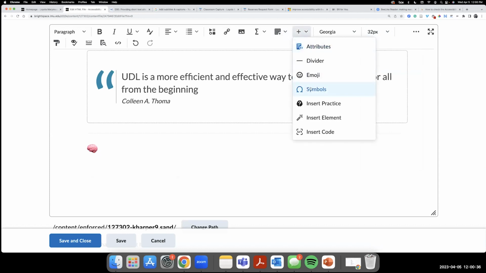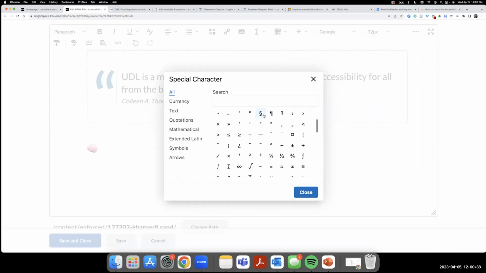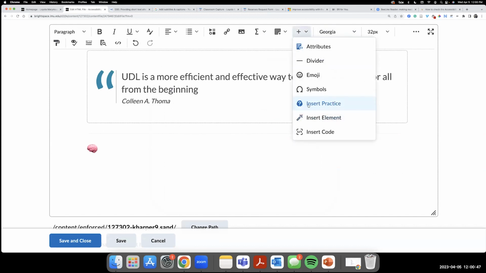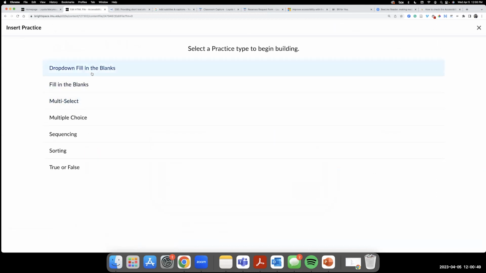Then to add in other things, symbols, again, if that's useful to you and the content that you have, lots of different options in here. So know that those exist as well. And then the next thing is the insert practice. Like I mentioned, this does